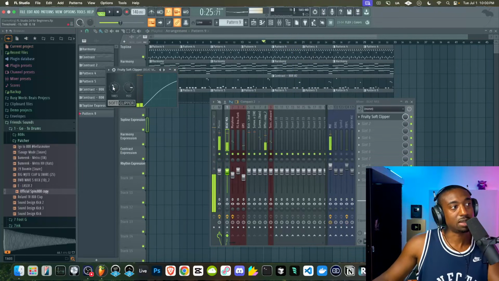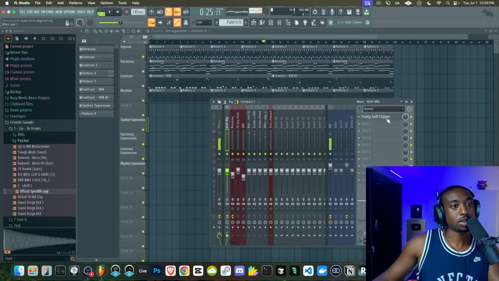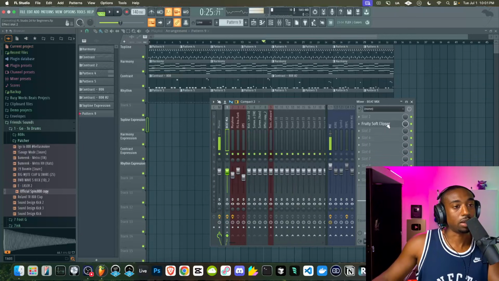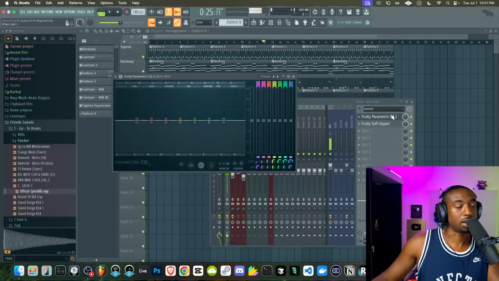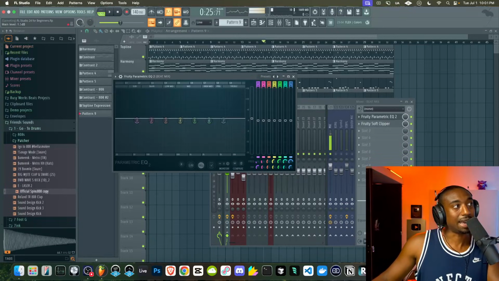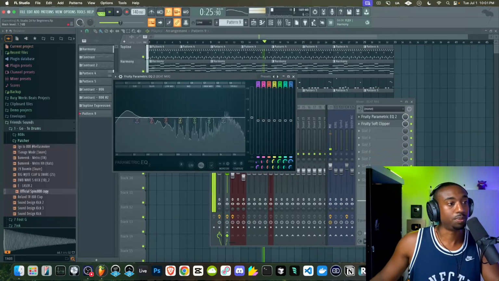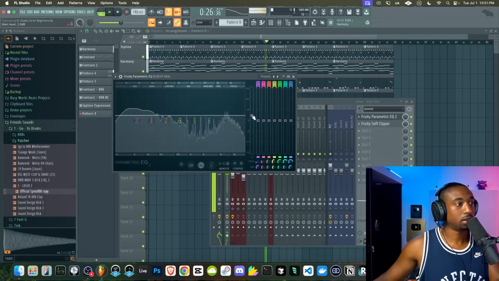If we want the sound more open, we're going to turn the threshold to the right. So I found a sweet spot somewhere in the middle. Now before the Fruity Soft Clipper, what I'd like to do is control the volume. So you guys can use your mouse wheel to move this up and down. So this is important, the order of effects. So let's add a Parametric EQ 2 as the first plugin up top. And the left side is a gain knob. So we can turn stuff up or down. So I'm going to turn stuff up.